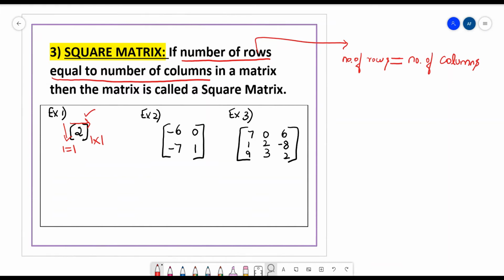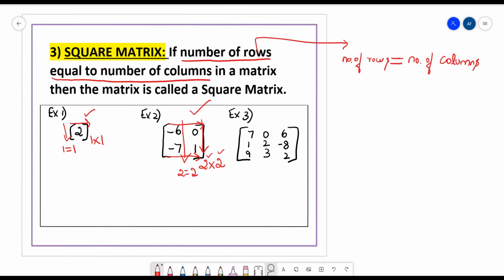Similarly, let us move on to the next matrix. So in this, let us write down the order of the matrix. So how many rows are there? 1, 2. 2 rows are there. Cross. How many columns are there? This is 1 and this is 2. So again it is similar to that, that is 2 cross 2. So the number of rows is equal to the number of columns, where 2 is equal to 2, I can write it down, hence it is a square matrix.